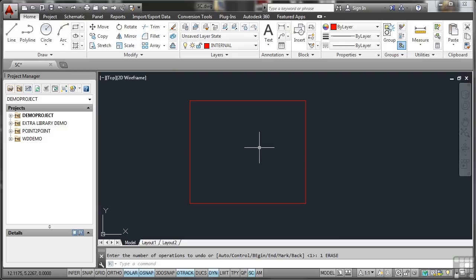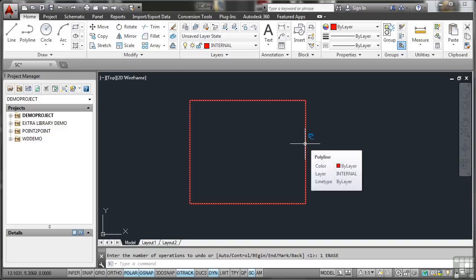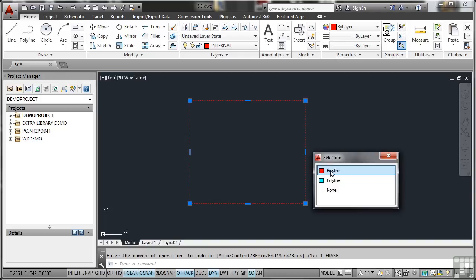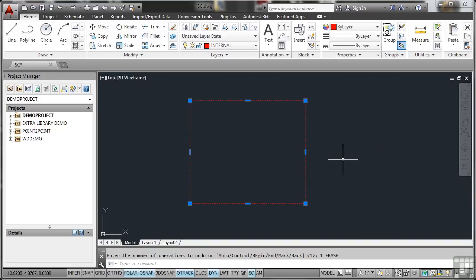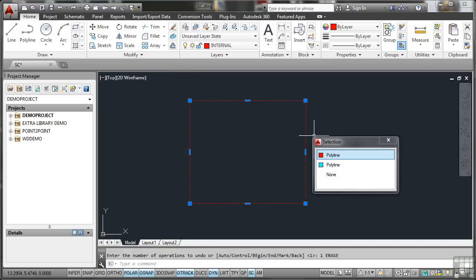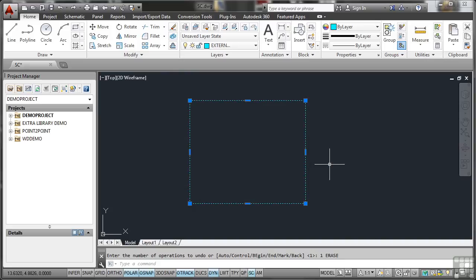But I've got selection cycling on, so if I hover, there's my little blue symbol again. I click. This time I might select the red one. If I delete the red one by pressing the delete key, you can see there that obviously there are two rectangles and the blue one was underneath. So I'll undo that again, and selection cycling every time gives you that little blue symbol. So I'll click there, select the blue one, hit the delete key and delete the blue one. Now with selection cycling on, if I hover, you'll notice there's no symbol because there's nothing